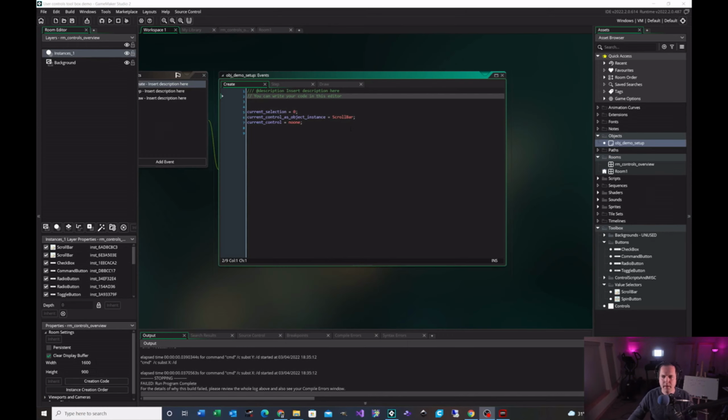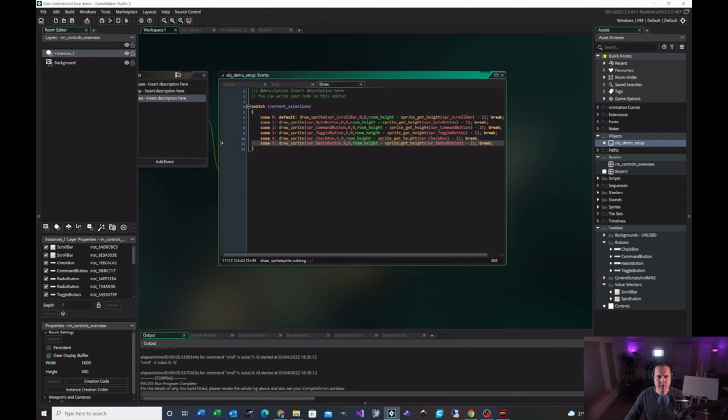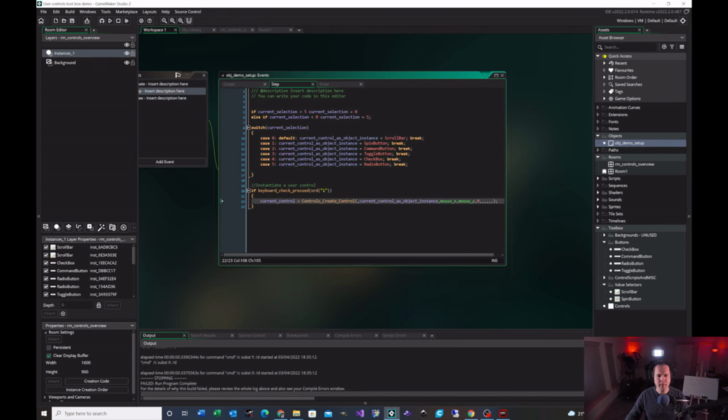So what I've done is I've gone ahead and created a demo object. Go ahead and call it obj demo setup. And so I have a current selection, a current control as object index, and we're going to go ahead and default that to the scroll bar. And then the current control will just say no one. And on our draw event, depending on the current selection, we'll just draw a different sprite in the lower left-hand corner of the room. And in our step event, we're going to go ahead and get current control as object index. So if we're 0, we're going to be a scroll bar and so forth down to the radio button. And we're going to go ahead and create